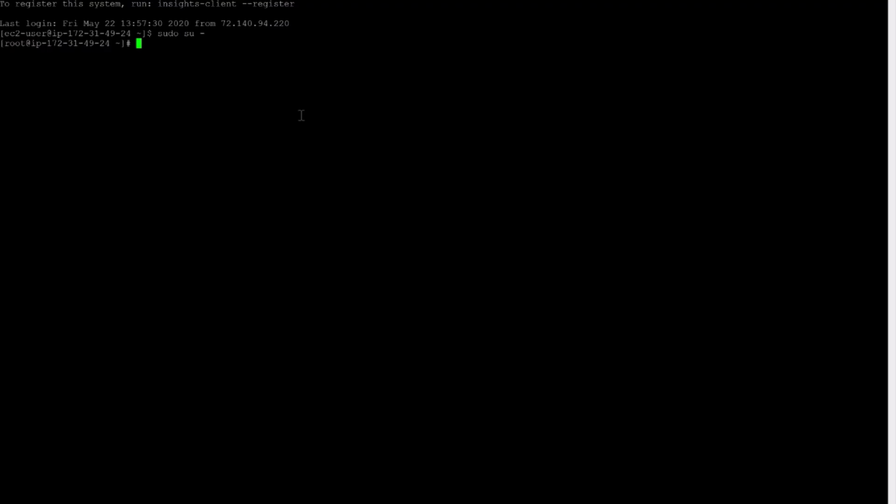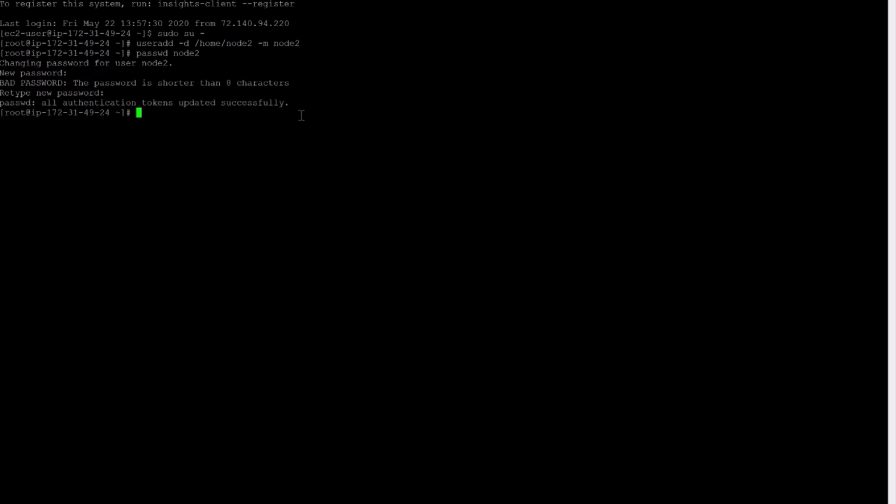So we will be creating node 2 and creating the password. The password has been created. Now making it non-expiry. It has been made non-expiry successfully.